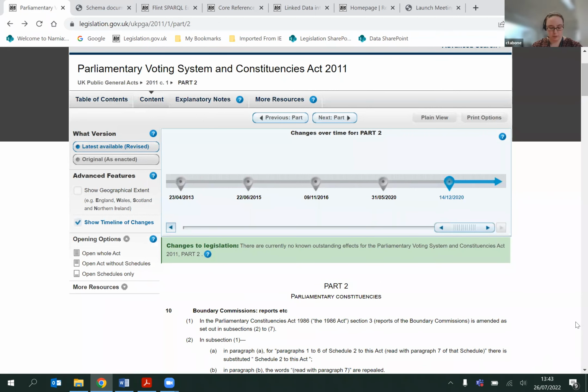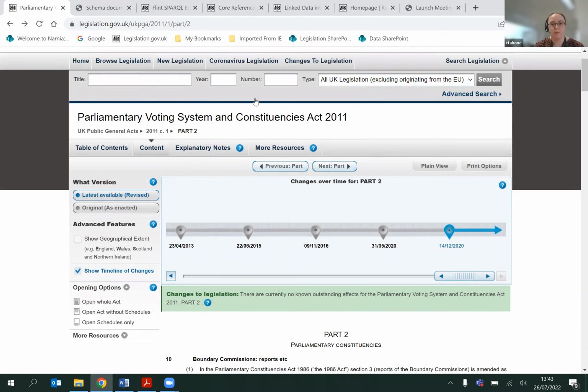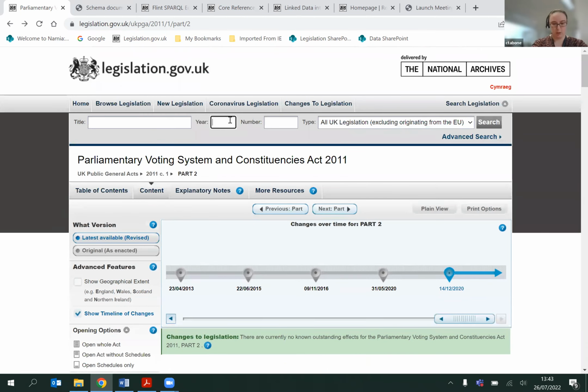So we've now looked at how to find the data and how to access the data. So now we're going to look a little bit at how these document versions have been created. So when a new item of legislation is published, our editorial team will review the document and identify any places within it where it makes a change to existing law. So if we look at an example,